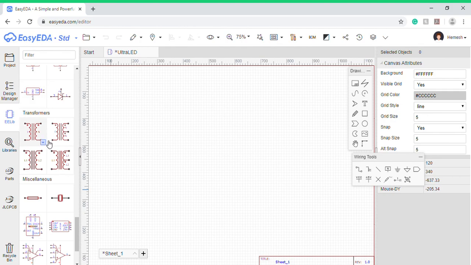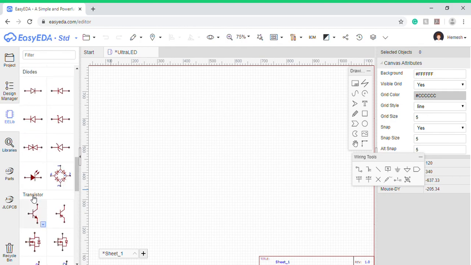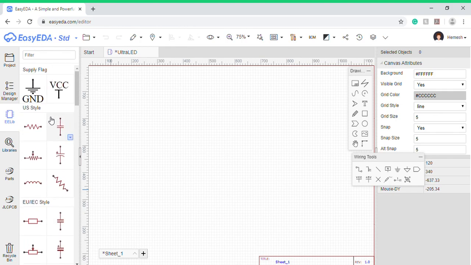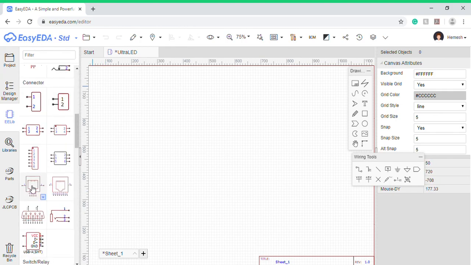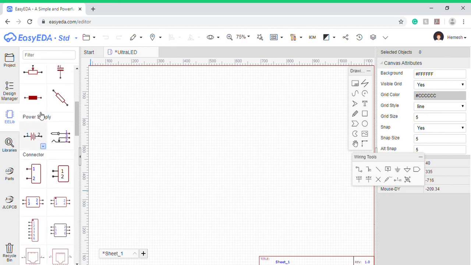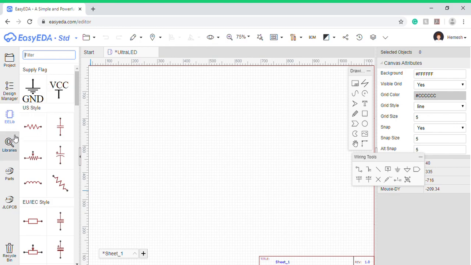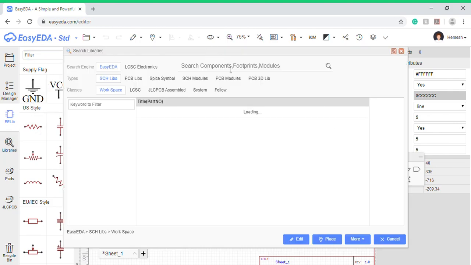As you can see, there are many components. You can see various diodes, headers, resistors. These supply flags if you want, these connectors too. But these do not contain any Arduino boards. If you want any Arduino boards or modules, as you can see, nothing shows up. That's why we need to use the libraries button. This contains all the JLC PCB, user contributed, all those libraries. So if I click on Arduino Nano,